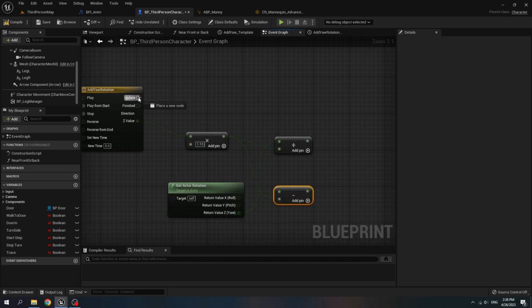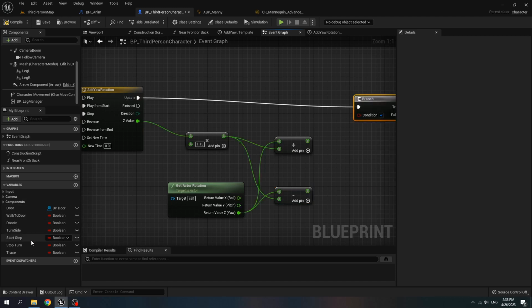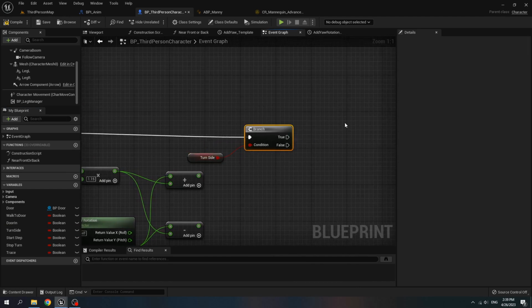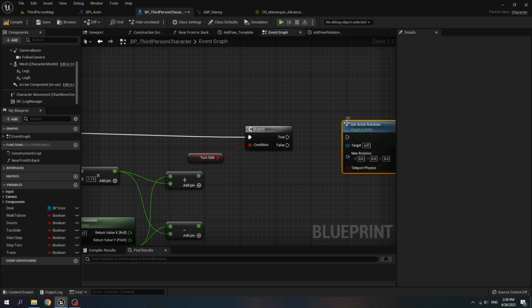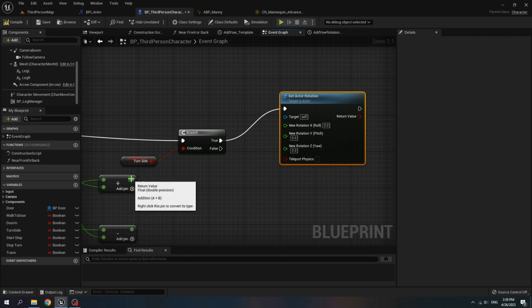And for the update, we create a branch and get turn side, connect it to the branch. If it's true, we set actor rotation and split the rotation, connect it to z, copy and paste.